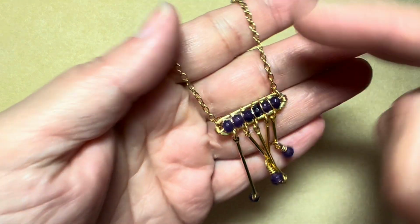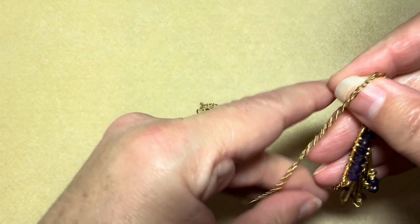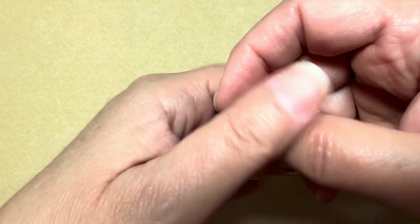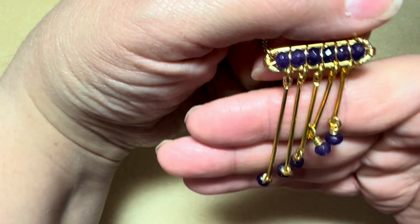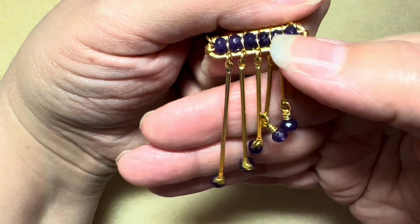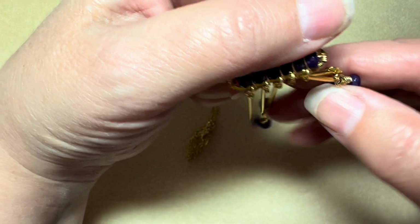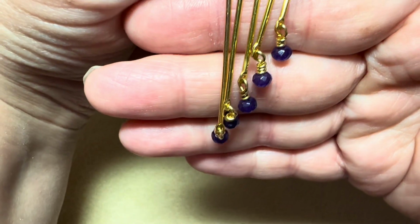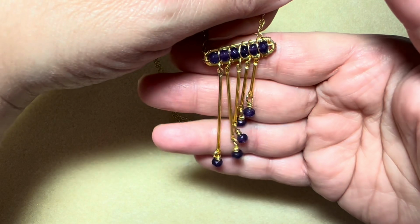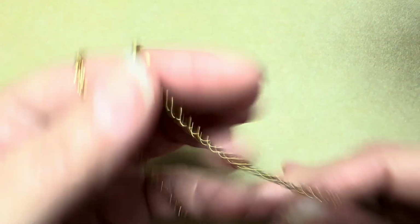And I basically just did a wire wrapping on it. Then I got these little bars as well in different lengths. And I just wire wrapped the beads to the bottom, and I just made it into a little cascade effect there. Right. It's really cute on,